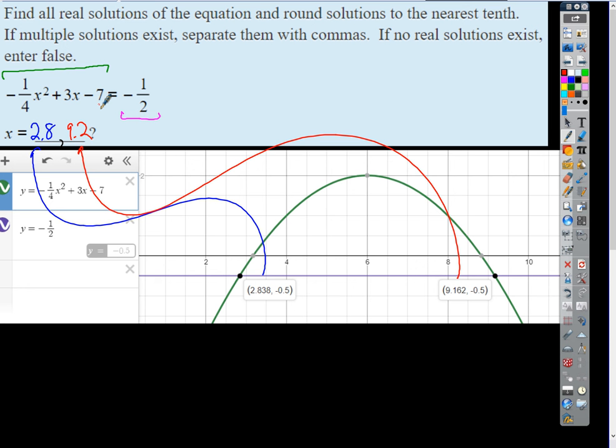Go. Have fun with Desmos. What do you think? If it's not right,